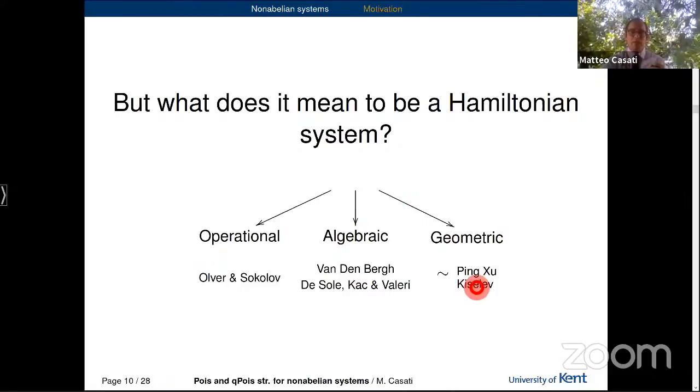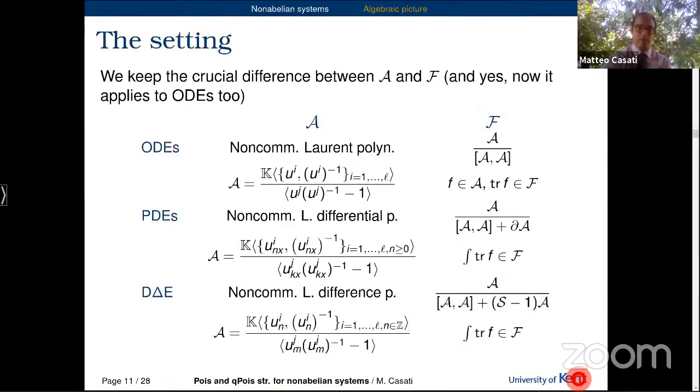I would say originally in Ping Xu's paper from 1993 or 1994, albeit it is not clear to me, as a member of the integrable systems community, how all this discussion relates to the equations of motion. And more recently, there is a lecture course by Kiselev called the non-abelian geometry of differential equations. This is much more similar in approach, in spirit, to what I'm going to do. But I'd like to present a version of it that I think is more appealing to people in the integrable systems community, and in a way more transparent in its geometric properties.